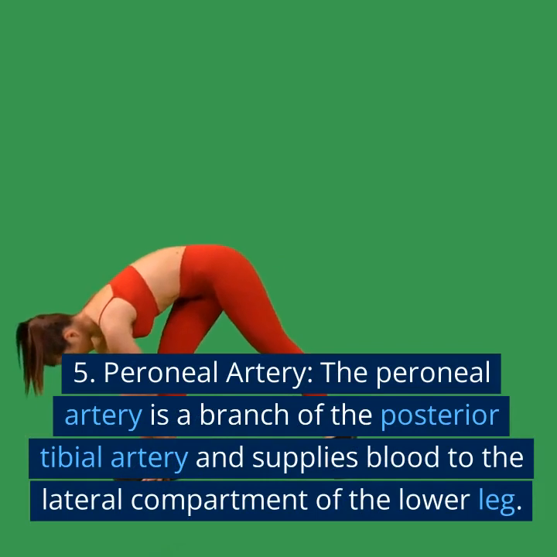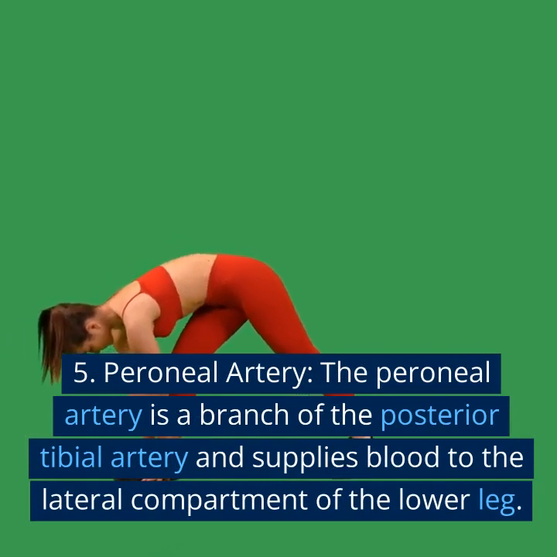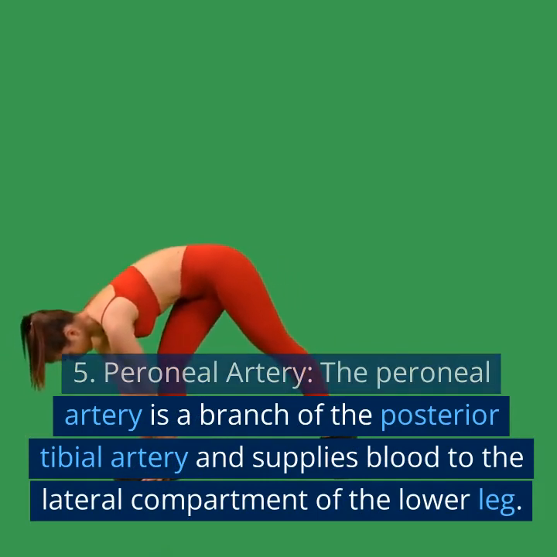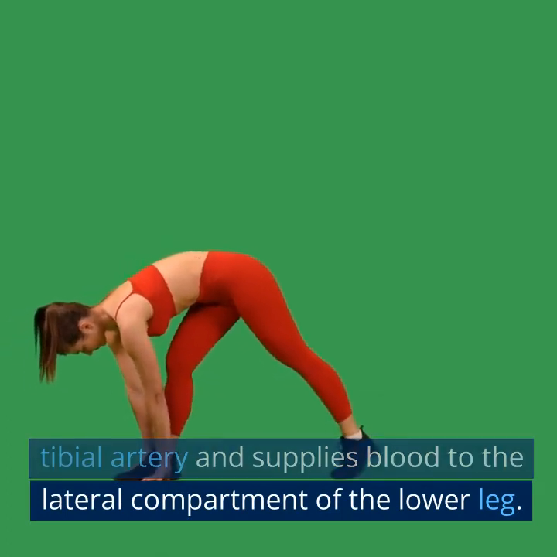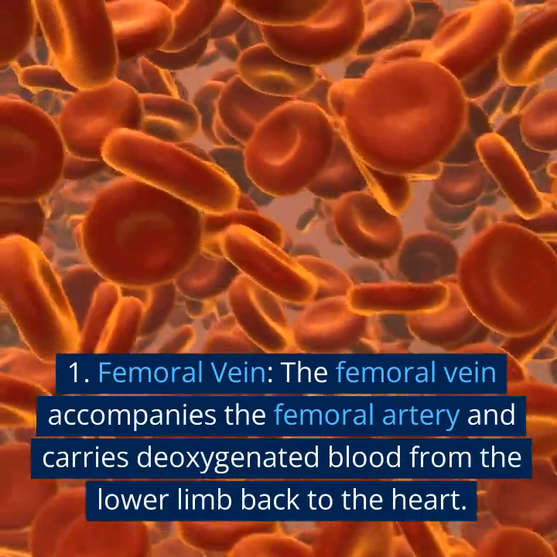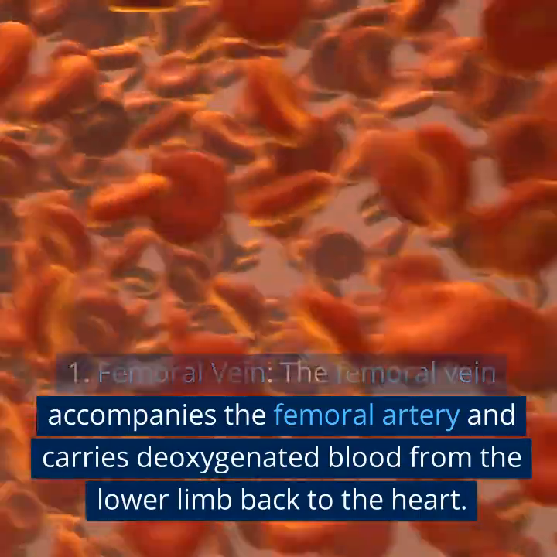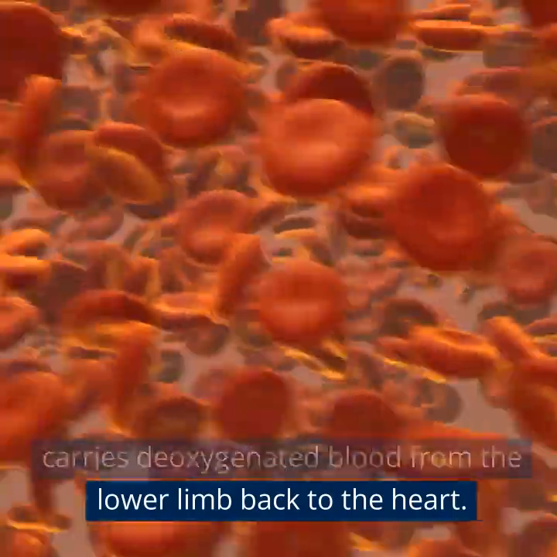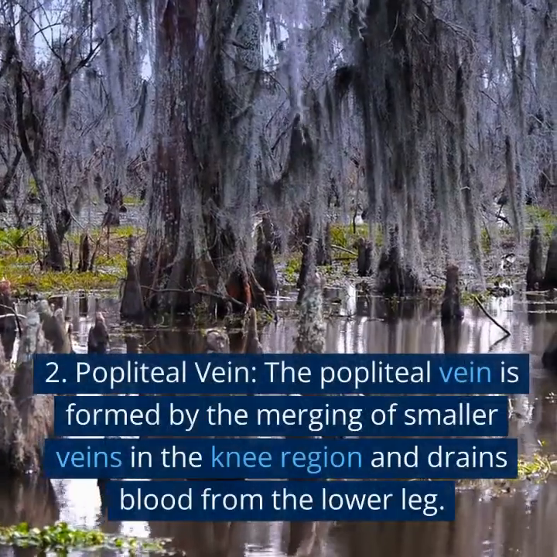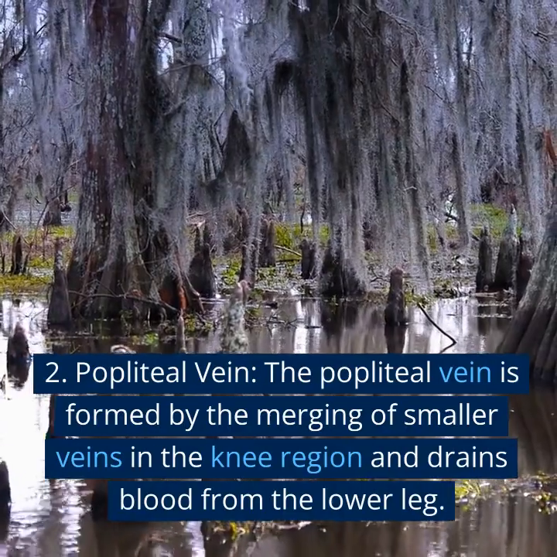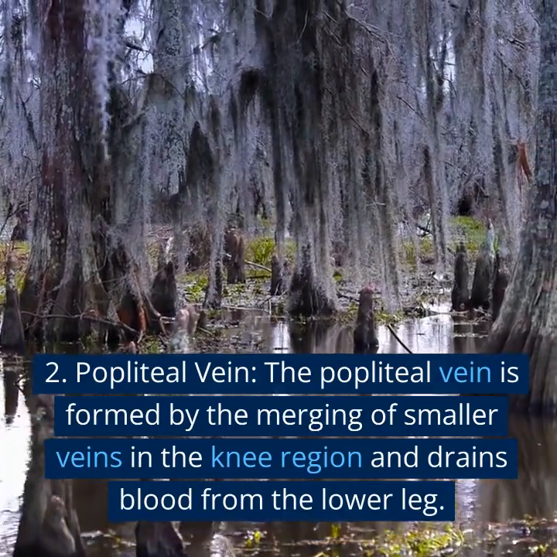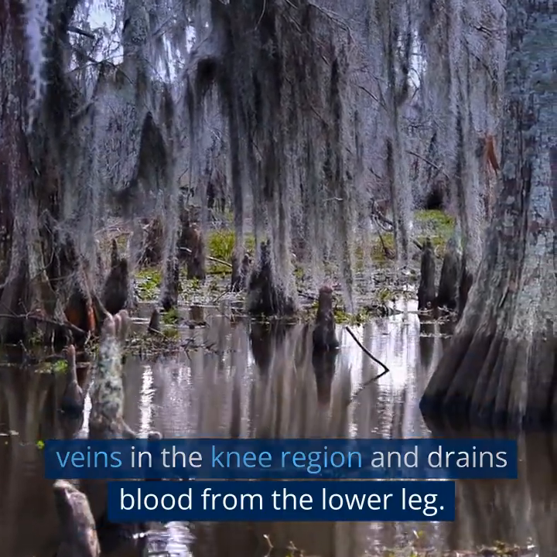5. Peroneal artery. The peroneal artery is a branch of the posterior tibial artery and supplies blood to the lateral compartment of the lower leg. Veins. 1. Femoral vein. The femoral vein accompanies the femoral artery and carries deoxygenated blood from the lower limb back to the heart. 2. Popliteal vein. The popliteal vein is formed by the merging of smaller veins in the knee region and drains blood from the